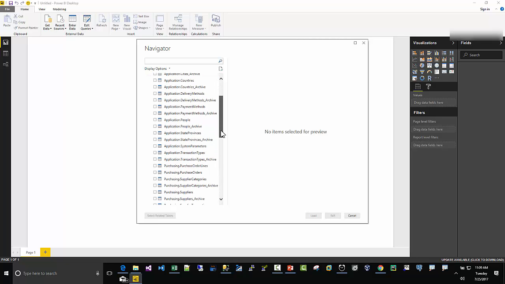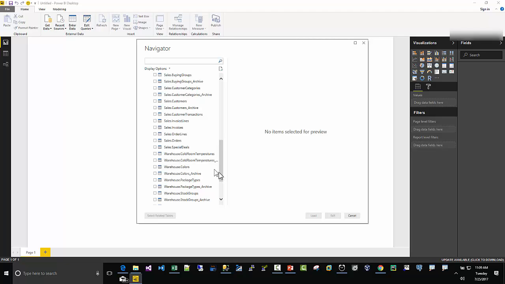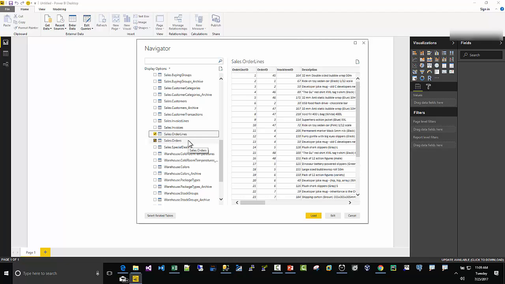concepts. So real quickly here, I'm going to go down and just select some tables. So this gives me the option to download the whole table. So the first thing I'm going to look at is sales order and sales order lines. Now these would be fact tables that usually I would want to import together. We're going to have to join the order table and the order line table together. But for me, a best practice would be just what I said, write a SQL statement or use a view or use a data warehouse. So you can just select exactly what you need and not import extra data into your model from your fact